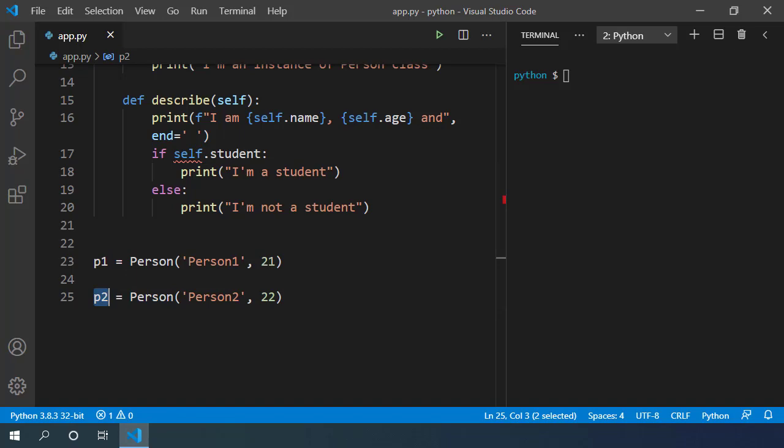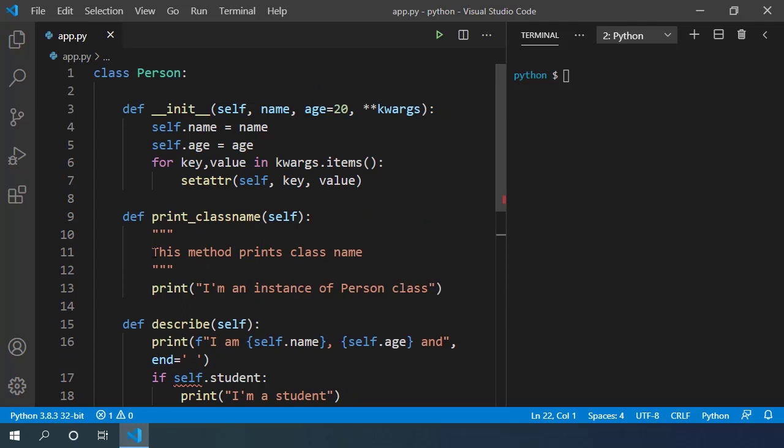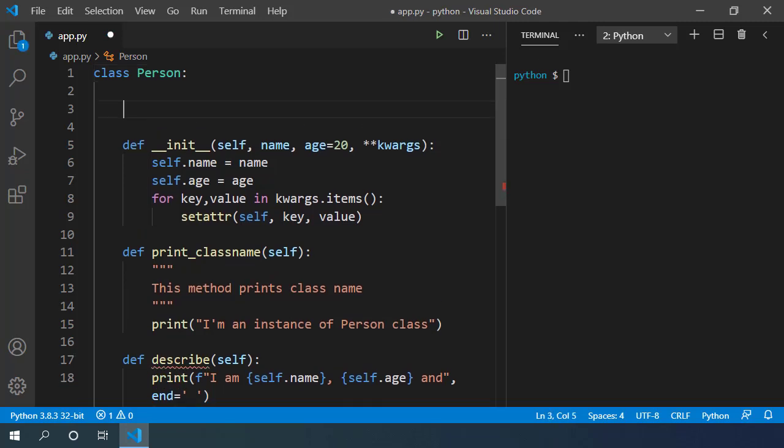from this. But if you want to have a common property for each person, those properties should not be defined on the object level. Instead, they should be assigned to a class so that it always takes the same value, and we do not have to pass the value explicitly while constructing the object. For example, we can have property human as True at the class level. To assign a class level property, we just assign the property like this.